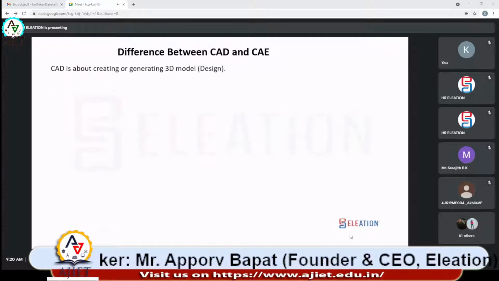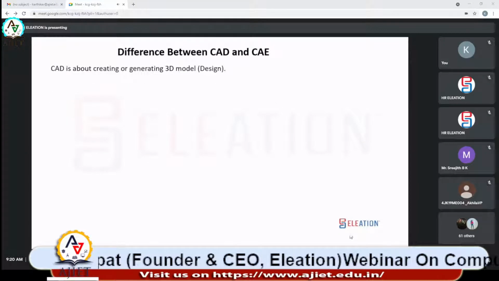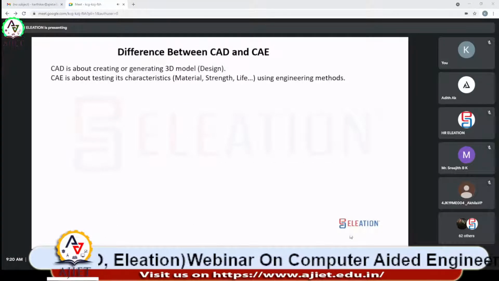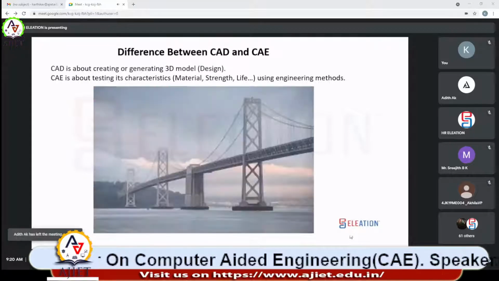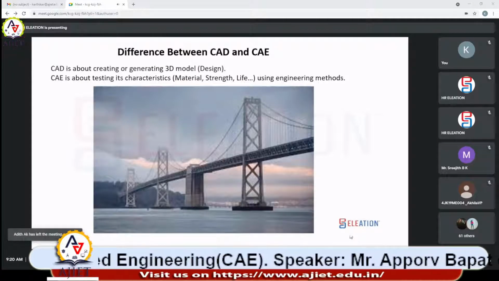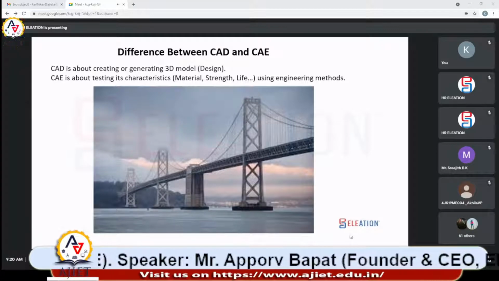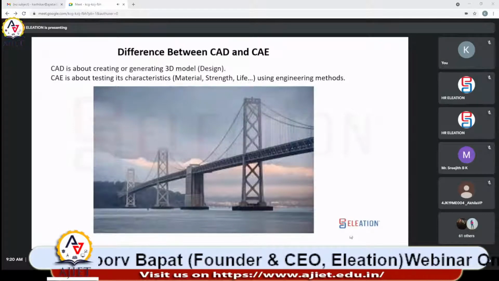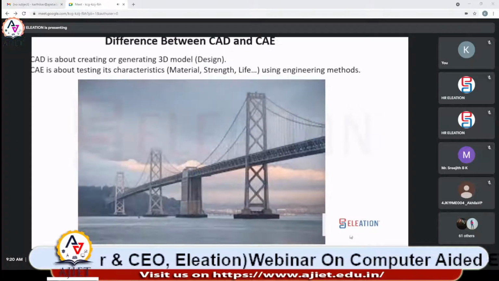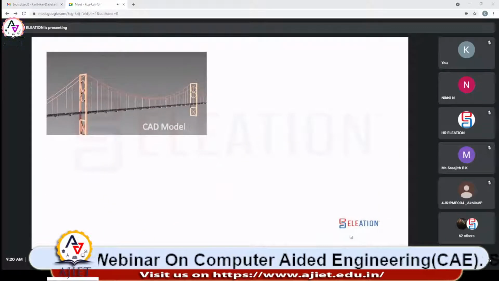CAD is about creating or generating a 3D model. CAE is about testing its characteristics using engineering methods. We'll explain that with an example. Considering this as an image of an actual bridge or actual component, the virtual representation of the actual component is called a CAD